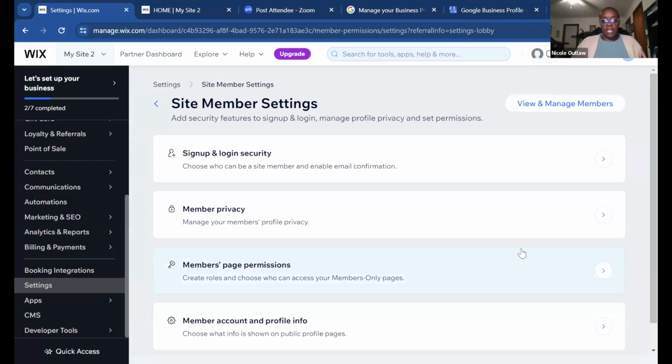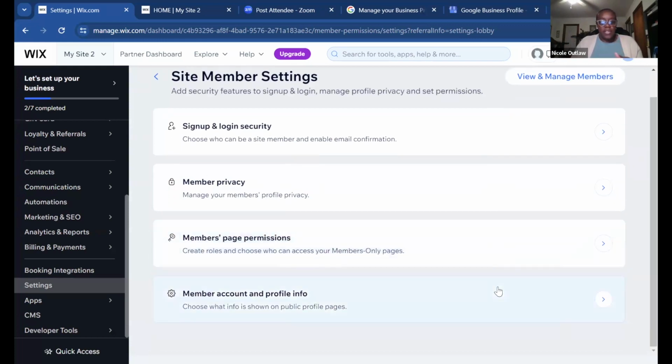I have multiple agents. Multiple agents would get to sign in and manage the account, but you can create roles and choose who has access to those certain pages. And of course, with that, you can change profiles, you can do certain types of member privacy,